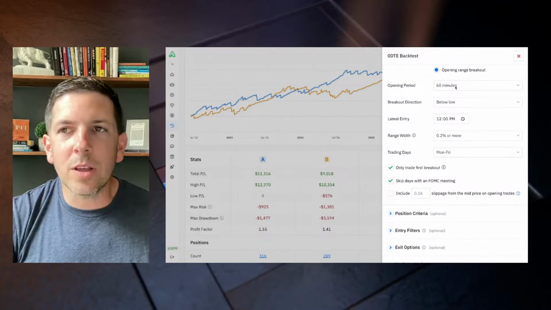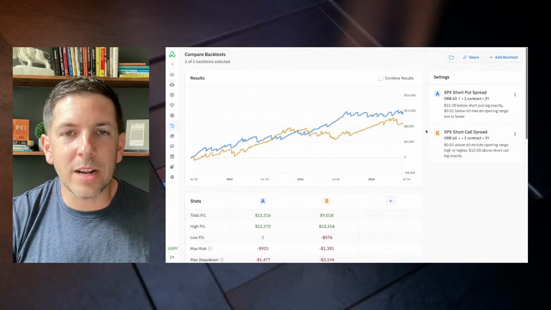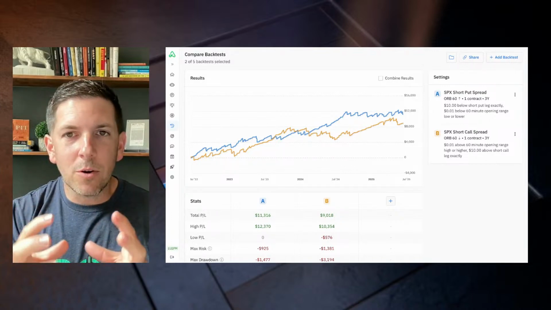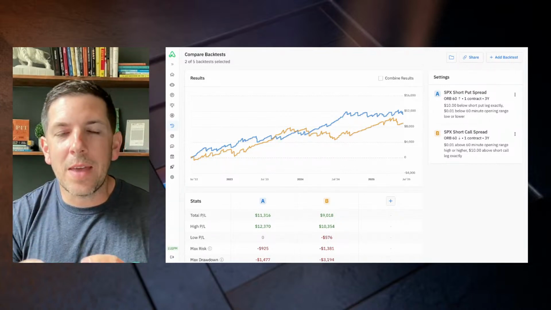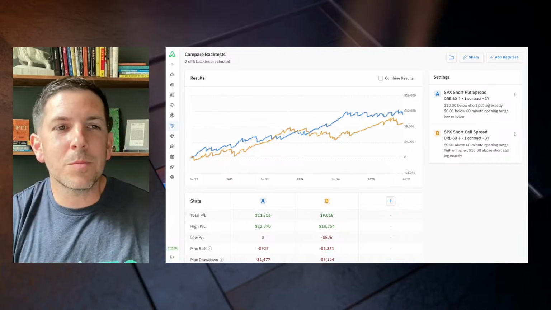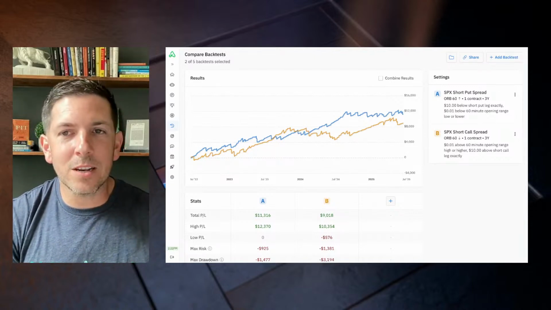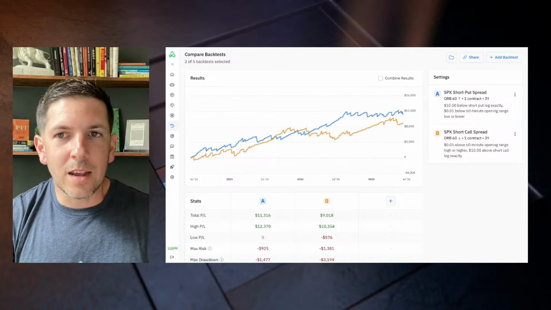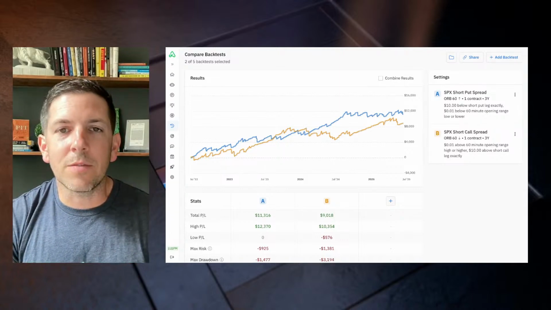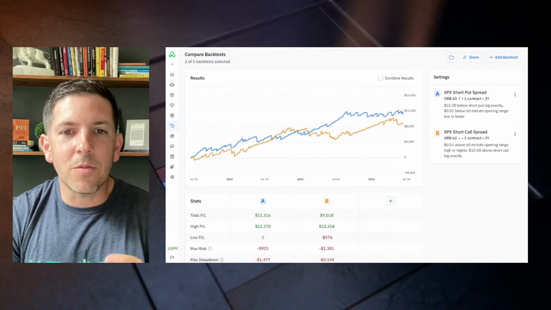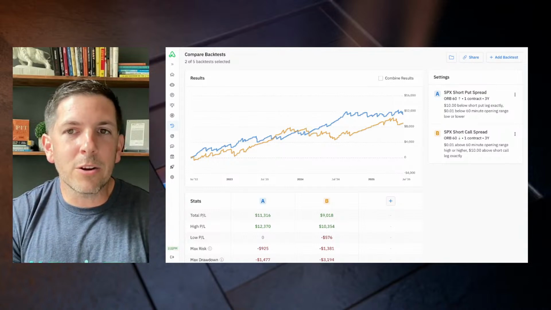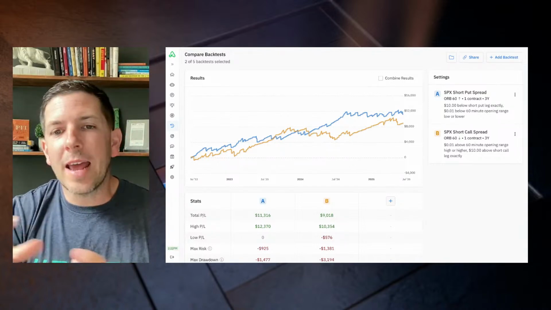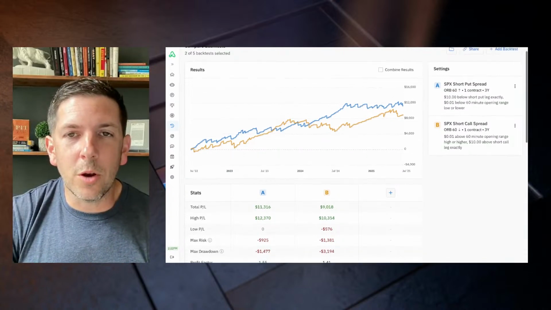So basically, you can think about these two strategies right here as waiting for the market to get into or break out of its opening range. And then wherever it breaks out of, we're entering a position behind that, in the opposite direction, kind of going like, look, if the market's breaking out bullish, let's add a bullish position. If the market's breaking out bearish and starting to move lower, let's add a bearish position. Let's do that, right? So at any point, it's going to try to add one or two, one of these